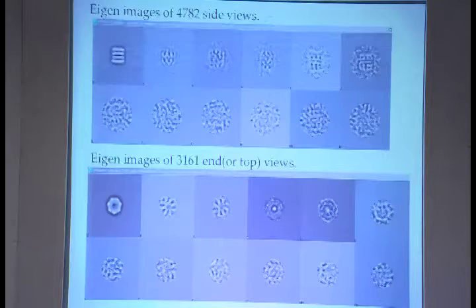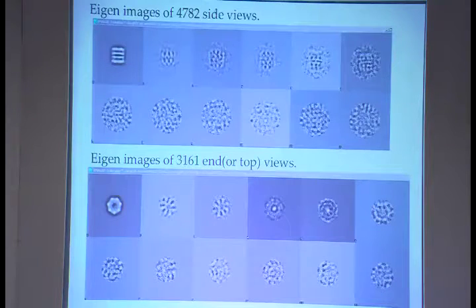Now, obviously, how do we distinguish between a D7 and a C7? So the D7 is, let's say the way you think about it, 2 C7 objects which are stacked on top of each other. And C7 would just be one single layer, right? There won't be 2 layers. But in certain projections, for example, if you're looking at the end views, you may be able to see just the